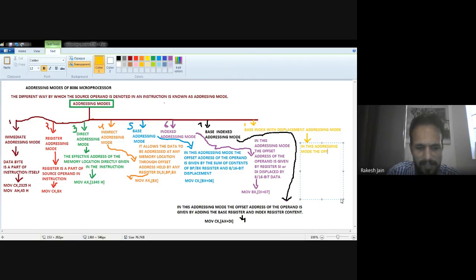So in this addressing mode, the offset address of the operand is given by the addition of the index register content, the base register content, and an 8 or 16-bit displacement.